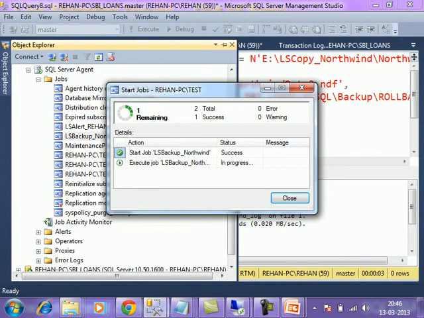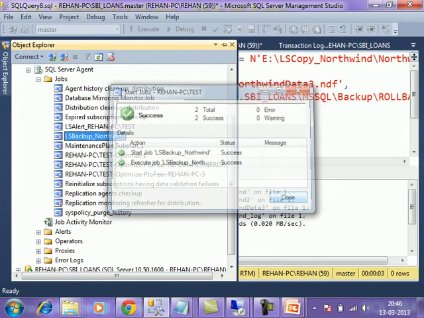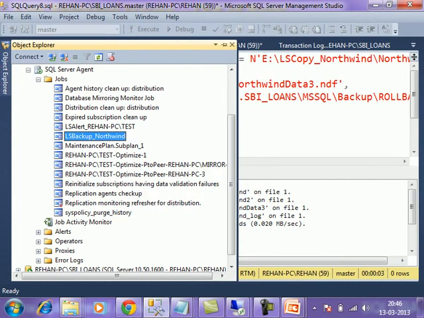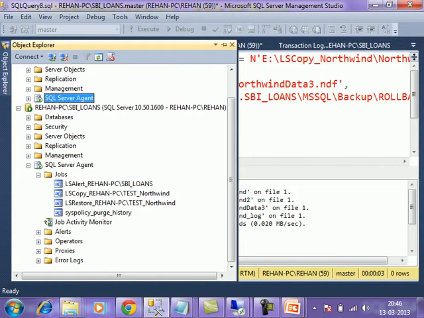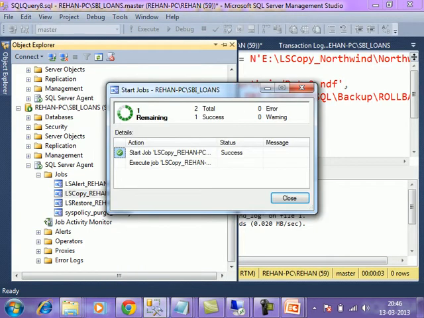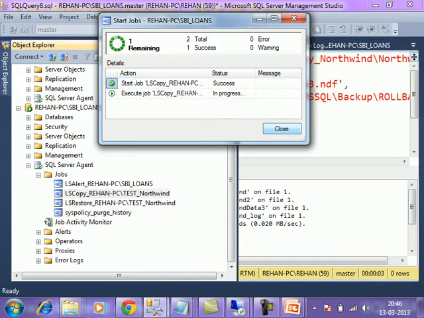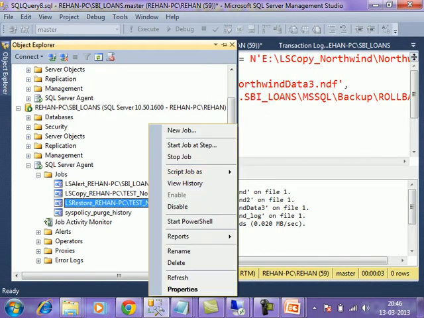With copy only, if you have taken with copy only log backup, this problem is not there. But actually alert we have configured for what purpose? To truncate the log file. Whenever it reaches above 70% or 80%, it has to truncate the log file. That's why if you have copy only log backups, remember, it will not break any LSN chain. It will not throw this type of error. Observe, like backup was generated successfully. Copy is done successfully.